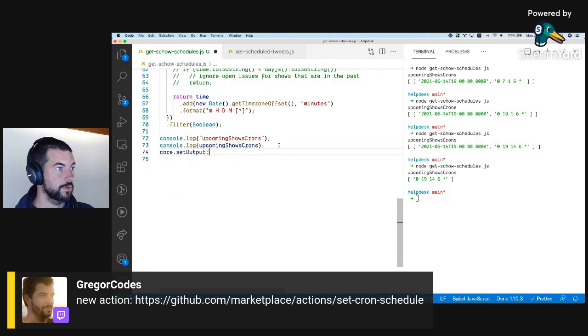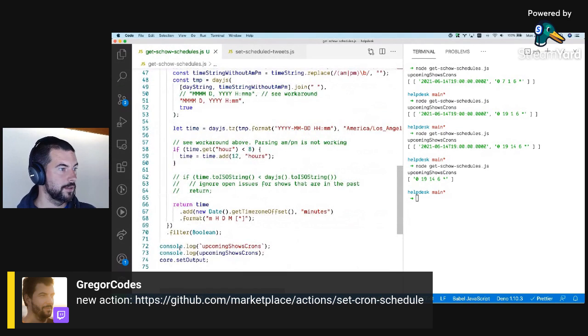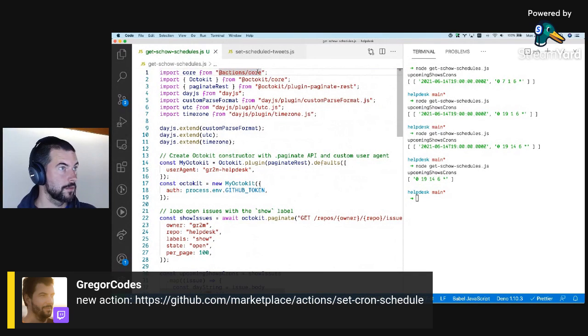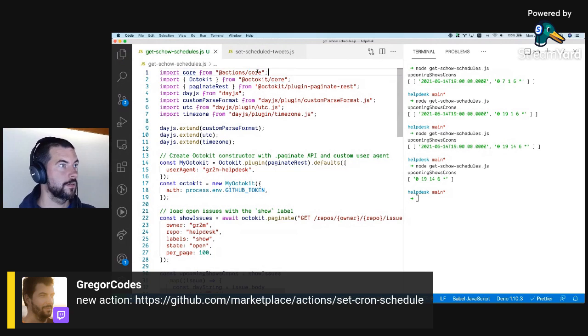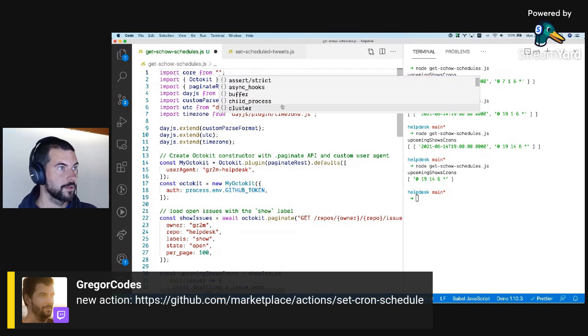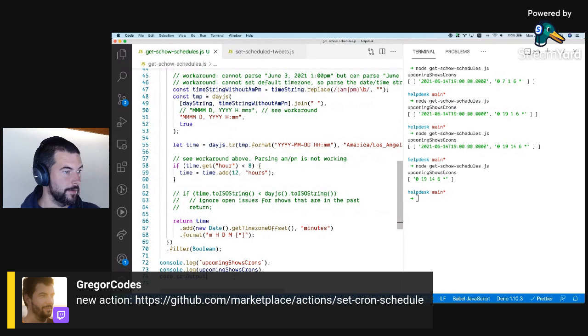Set output. Wait, I don't get any IntelliSense for this. Huh. Somehow all the IntelliSense is gone. All right. Anyway, I think I know what I'm doing.